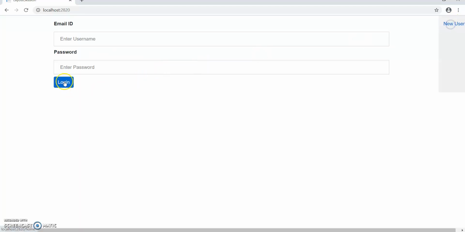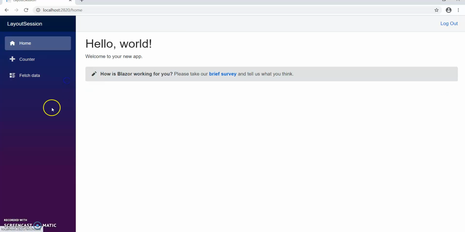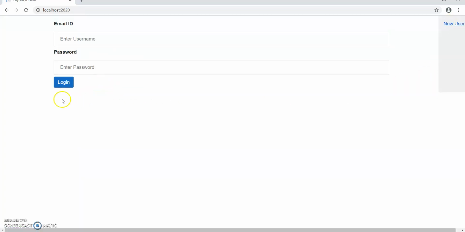Click on logout, it comes to the login screen. Click on new user, it goes to the registration screen. So in this way we can reuse our layout or master pages. In the traditional ASP.NET way it is master pages, in the MVC way it is shared pages, right? In this way we can create multiple layouts and reuse them inside our WebAssembly application.